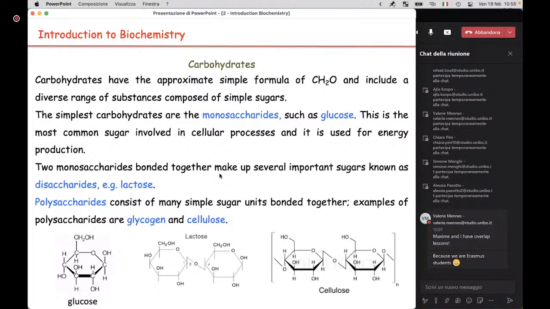The plant world is built from cellulose. Also, from plants we can produce paper, and paper is made from cellulose. In animals, the most important polysaccharide is probably glycogen. Glycogen is produced in the liver, and it serves as a sugar storage structure.